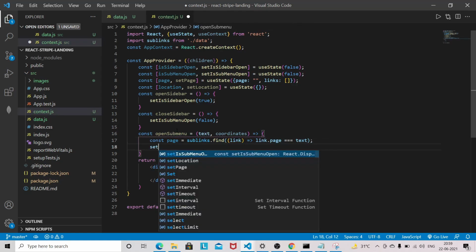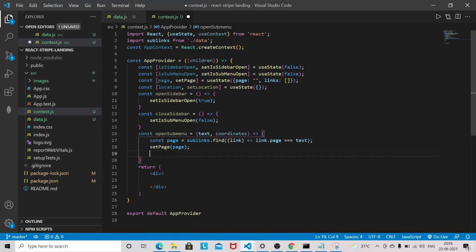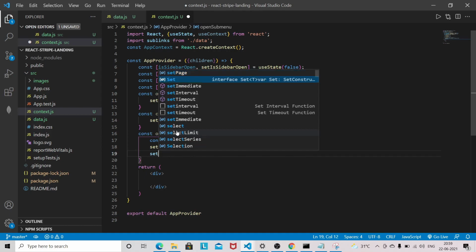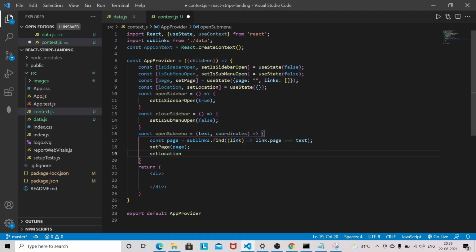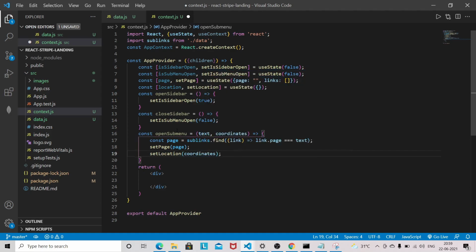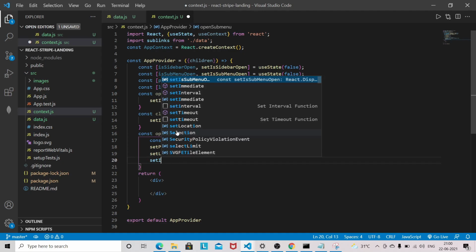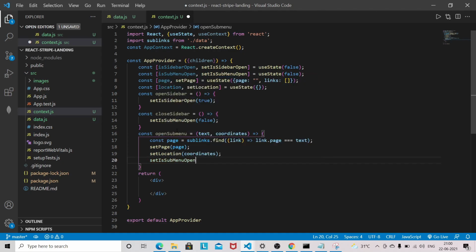Then I am going to set that page and setLocation to coordinates, that is the coordinates, and setIsSubmenuOpen to true.